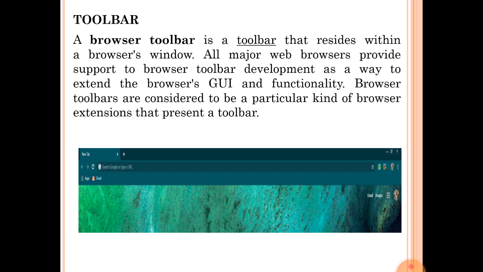As I have explained, the forward button, backward button and stop button are present on the toolbar. It is a GUI that provides an interface to frequently access your web page: forward your web page, backward your web page, stop your web page, refresh your web page. So it enables the user to easily access the web page or website.